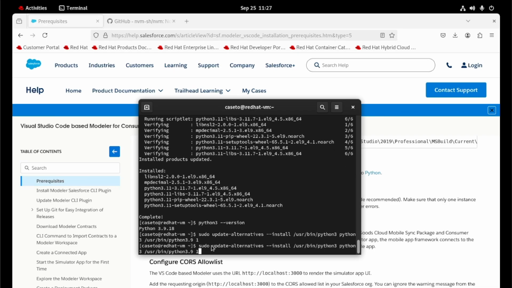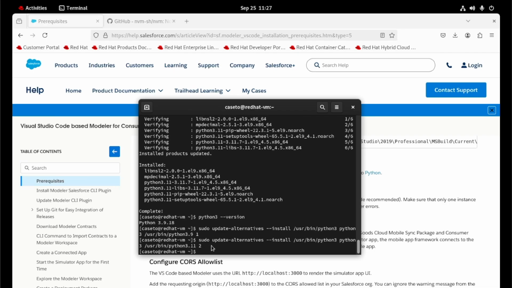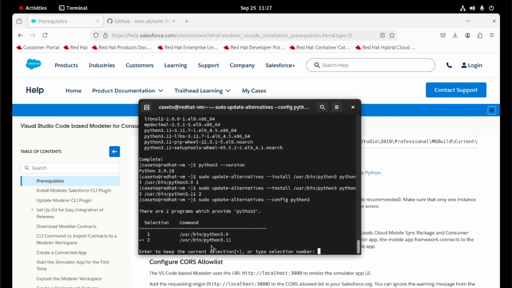And we will use the same command to inform the Python 3.11 is the second alternative. To verify this configuration, we need to do the command sudo update-alternatives --config python3.